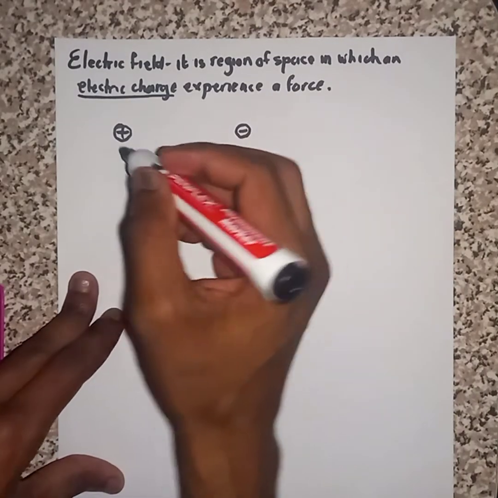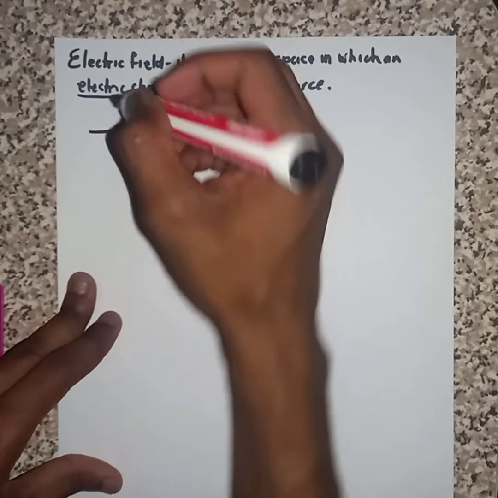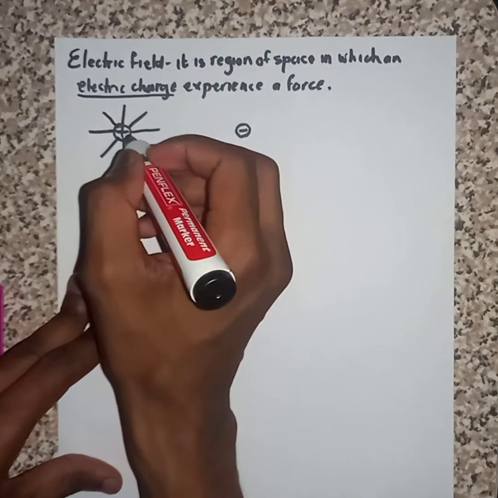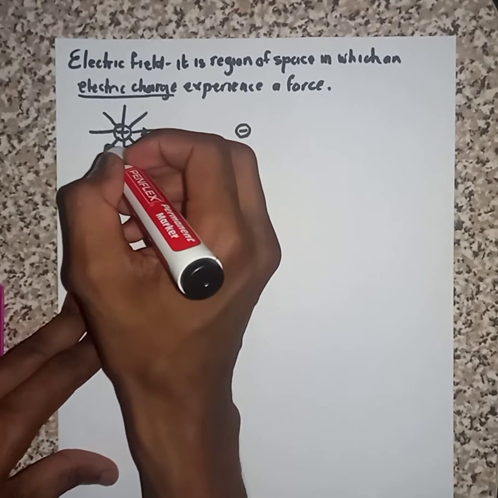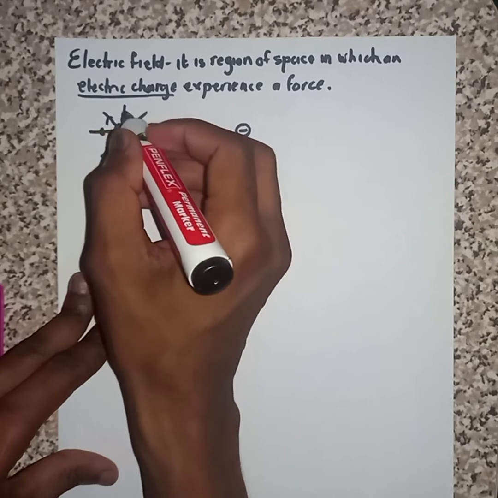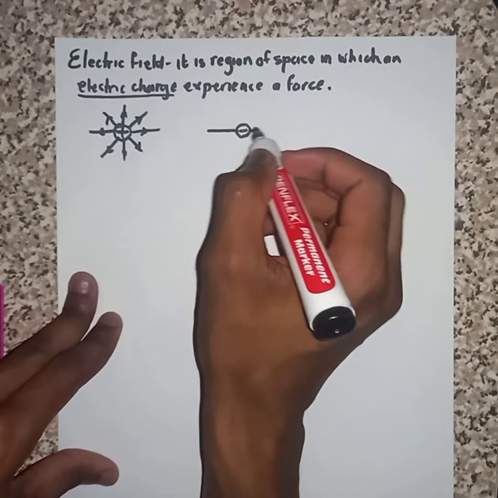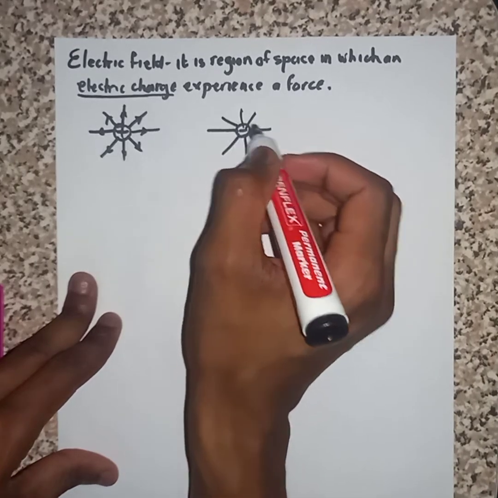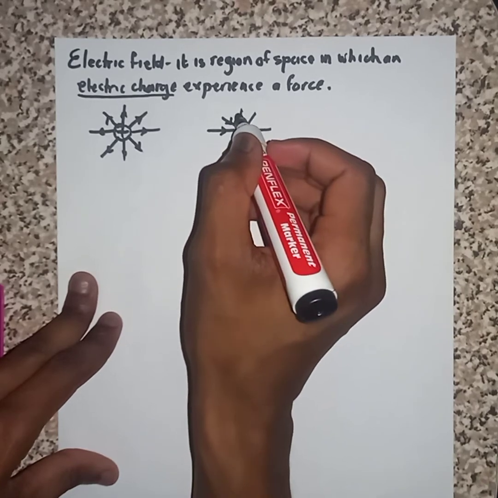Firstly, we are going to start with a positive. As a learner, you must know that the electric field lines for the positive charge always point away from the charge. But for the negative charge, they will point